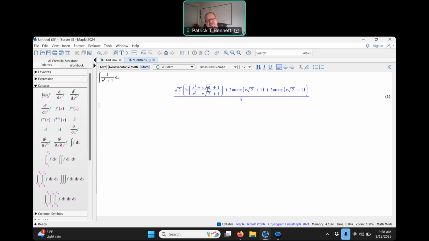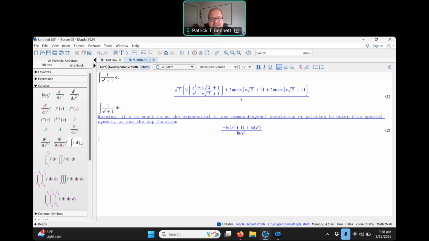So this is an example of something that you would not want to do by hand, but you can easily do it using, say, Maple. All right, why don't we do something else? Let's do another one. Say I want to do, okay, 1 over e to the x plus 1, and I get a warning because